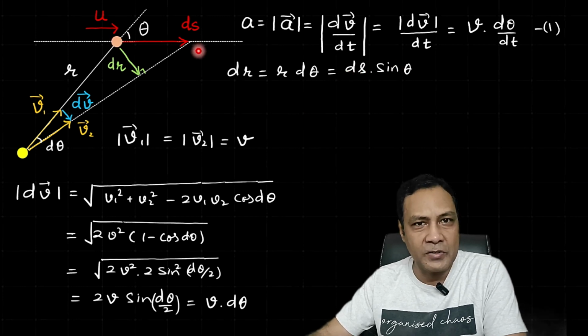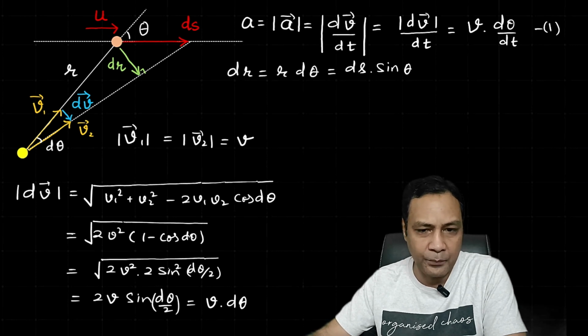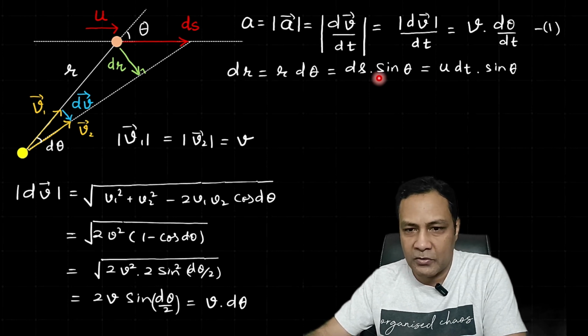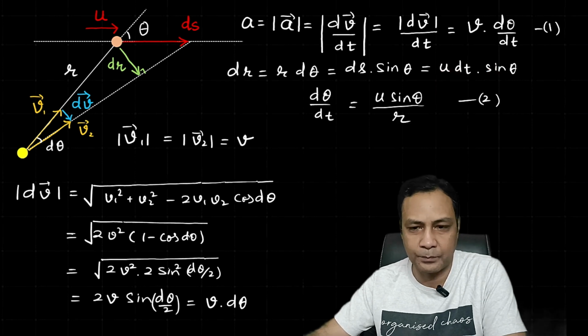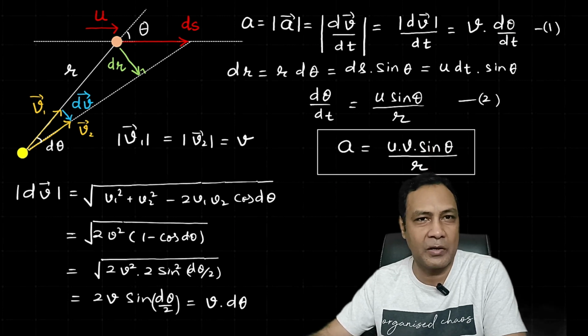Here ds is the distance travelled, or the displacement, of the gazelle in time dt, and it is moving with the uniform velocity u, so ds will be u dt. So dr is u dt sine theta. Now from this equation and this equation, I can write d theta by dt as u sine theta by r. Just put this value of d theta by dt into equation 1. So we'll get a is equal to u v sine theta by r, and that's what the